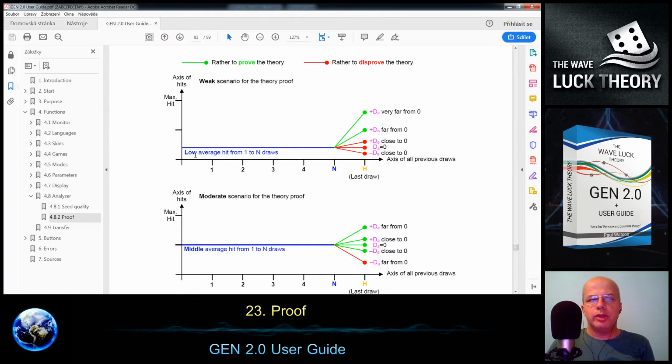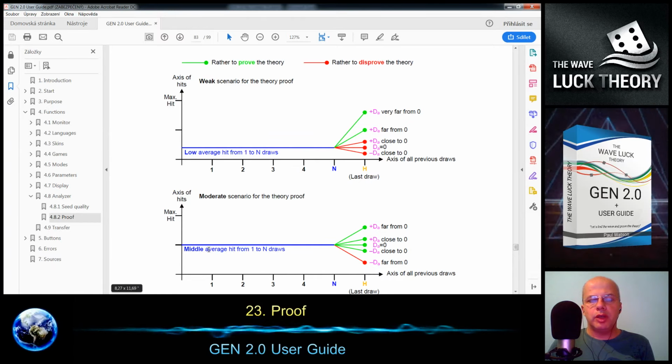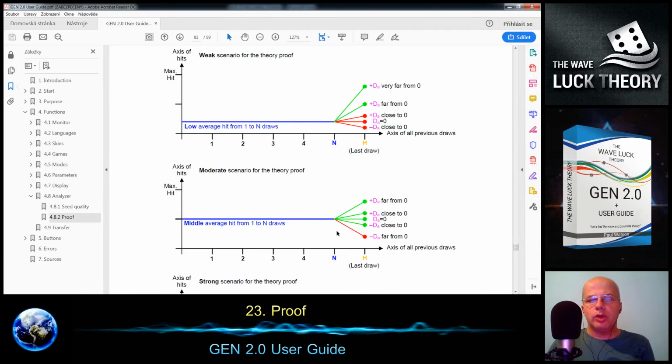You will have the low average or the middle average, but you won't be able to get any negative deviation or deviation close to 0, or any situation that is disproving the theory, because these results will not pass the filter and will not pass through the whole loop, so they will not be considered in the calculation, and you will get only results with this situation.